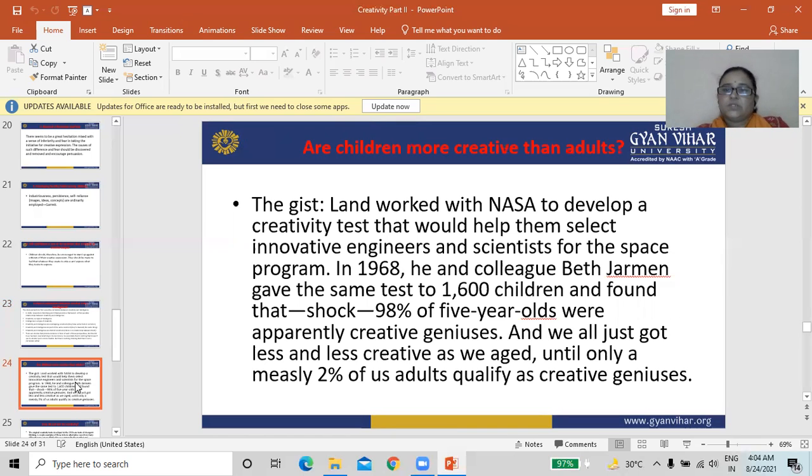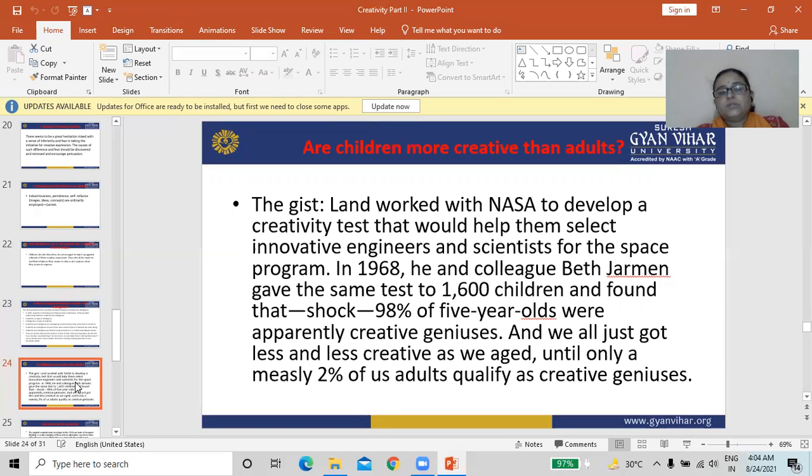Now we will discuss: are children more creative than adults? The gist: Torrance worked with NASA to develop a creativity test that would help them select innovative engineers and scientists for the space program.